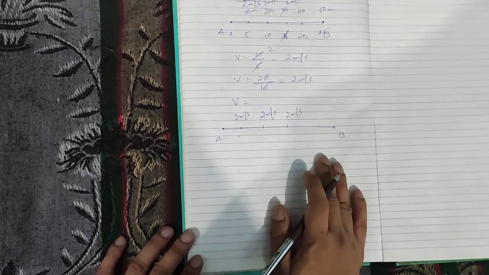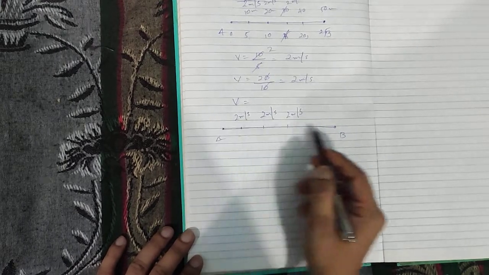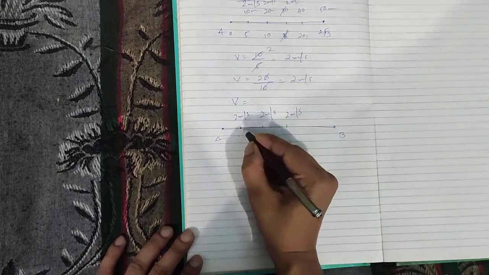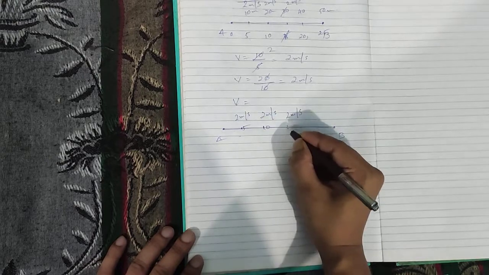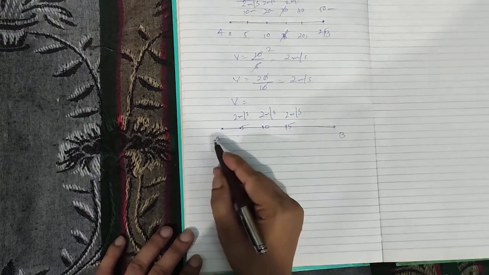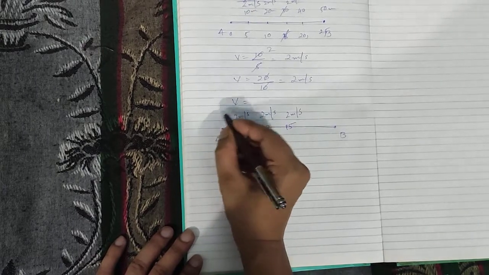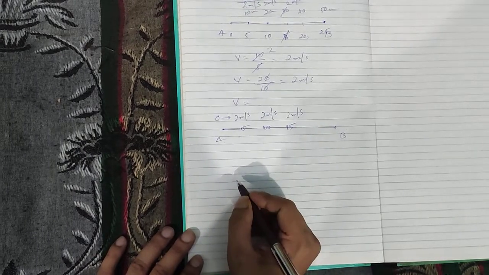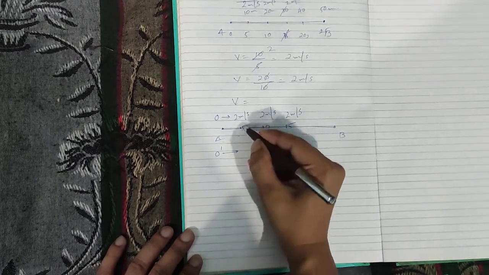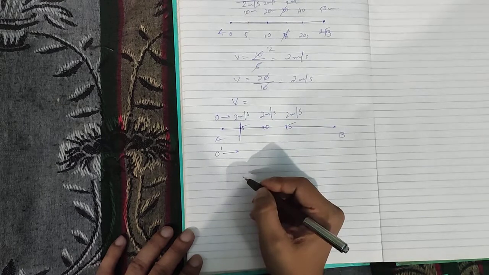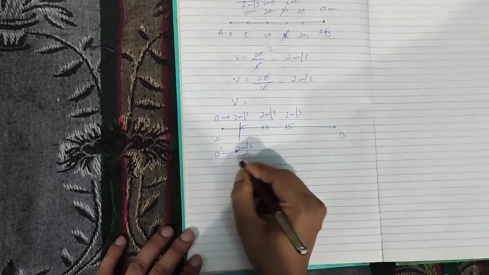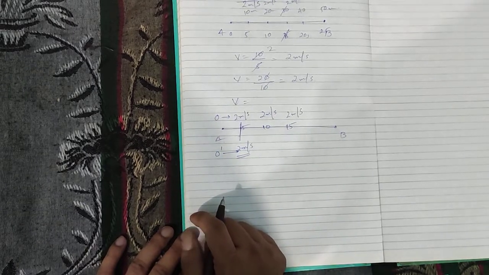But let's see another object that is also passing from point A to point B. And here the time intervals are not changing: 5 seconds, 10 seconds, 15 seconds. But let's say this is object O that is moving in this direction, and there is another object O dash that is also moving in this direction. At the first time interval, at 5 seconds, the object has a velocity of 2 meters per second.